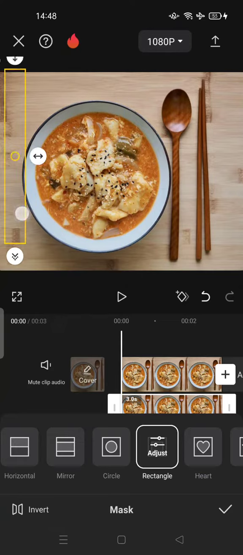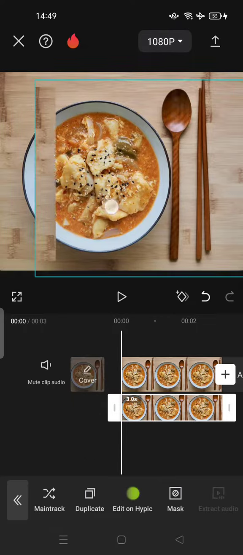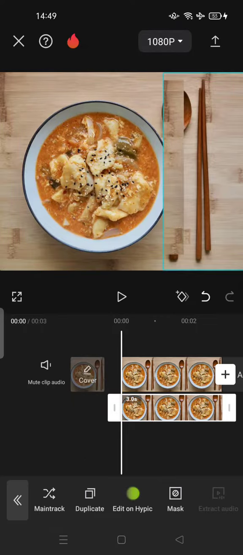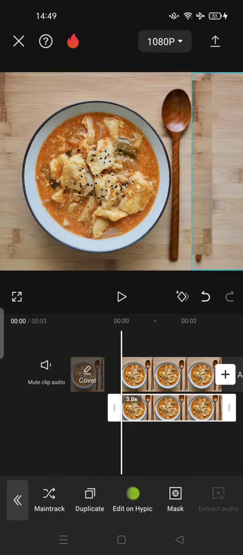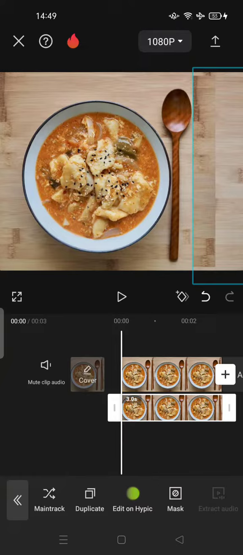Try to adjust it on the blank space like this, and then tap on the checkmark, and let's cover the chopstick with this overlay. Try to adjust the size,